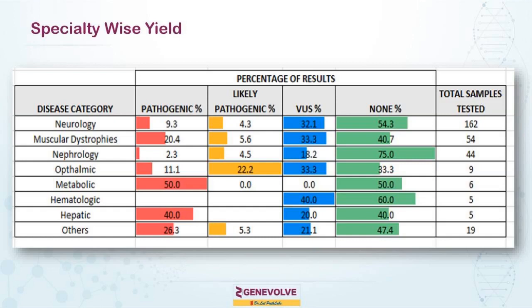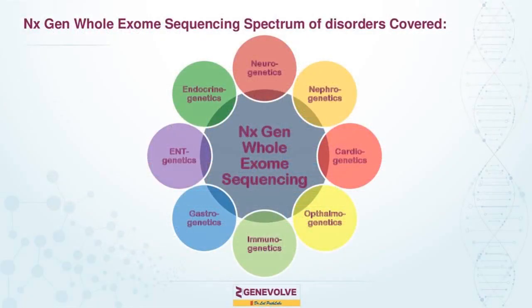The yield can definitely be increased when you are looking at trio cases, because what you have in trio cases is that you have the data available for the father, mother, and the proband. So this is very important: the more we test, the more family members are tested, the yield is likely to definitely go up. So what we find is that the whole exome sequencing spectrum covers a wide variety of disorders, and it has been finding space in all the various streams of science.